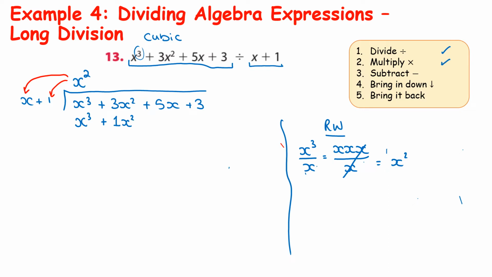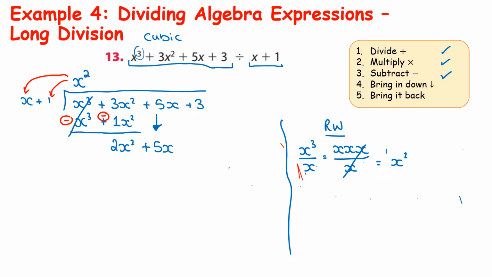Then we have subtract. Remember, when we subtract in algebra, what it effectively looks like is we change the signs. So that becomes minus, and this becomes minus. The x cubed, so we have x cubed minus x cubed, they cancel. And we have 3x squared minus 1x squared, so that's 2x squared. So that's our subtract. Then we bring it down, so we bring down the next piece, just the next piece,